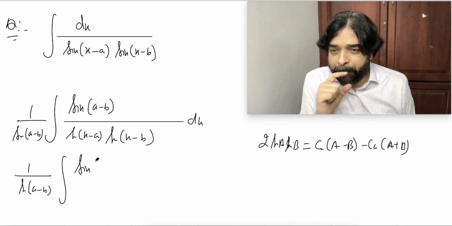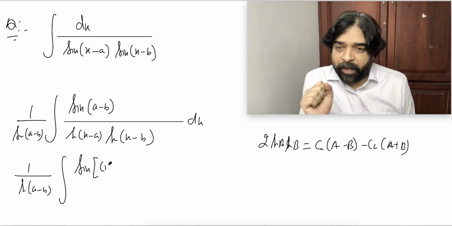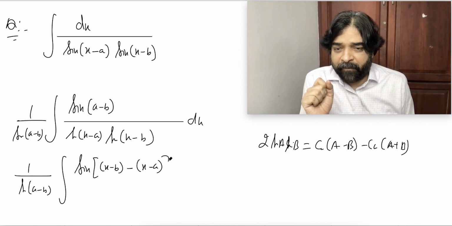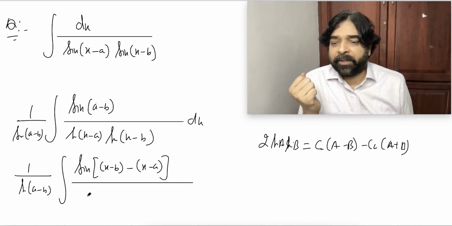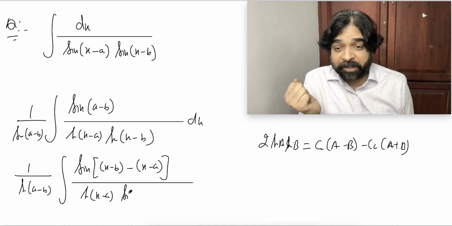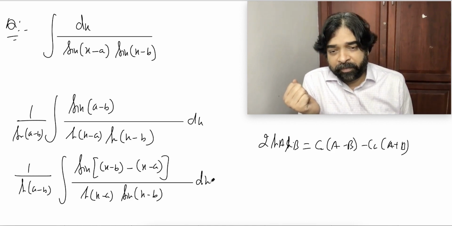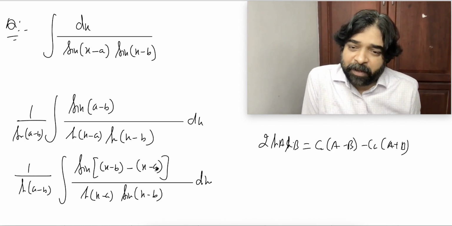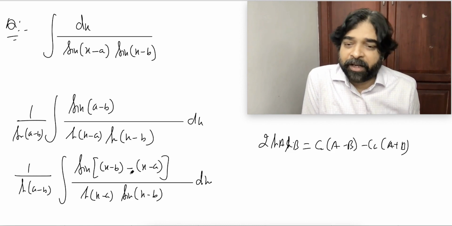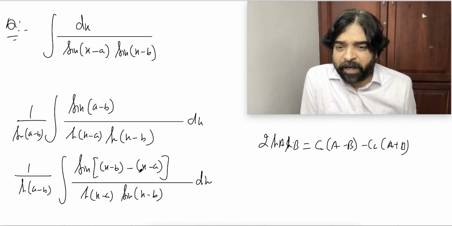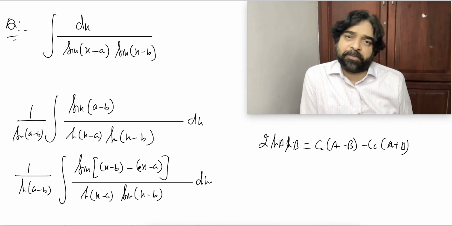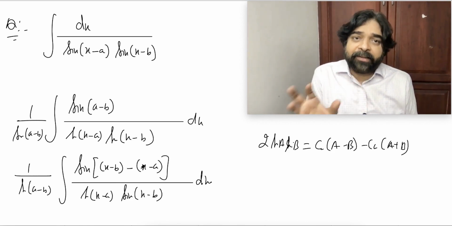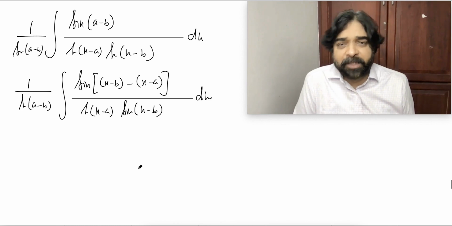After that, I want this. Can I write it this way? x minus B minus x minus A, sine of that. That's why I said it will be a slightly tricky question. Did you understand this point? Sine A minus B I wrote as sine of x minus A minus of x minus B. If you expand it, you will get A minus B only. See, if you expand it, minus x will get cancelled and this will be A minus B. But now the benefit happens that whatever is in the denominator, those related terms came in the numerator and things will be simple.